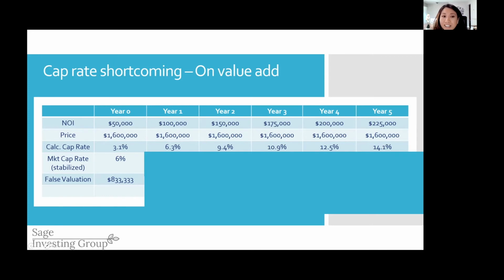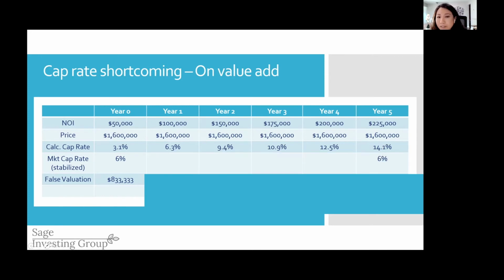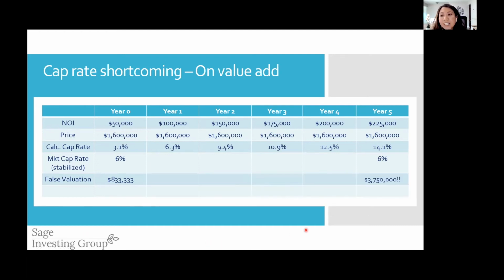Okay. And let's just say while you are working on this business plan throughout the 5 years, the market cap rate stays at a steady 6% for stabilized product. So at year 5, your assets should be stabilized. So if you apply your improved NOI in year 5 of $225,000 and divide that by 6%, you get a valuation of 3.75 million. So suddenly that 1.6 million that you spent in year one doesn't look that expensive anymore,